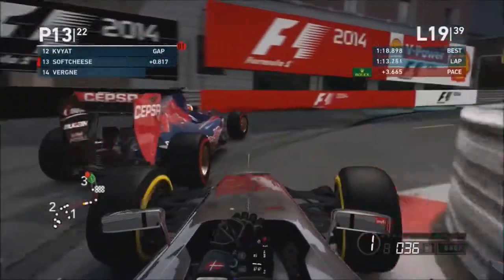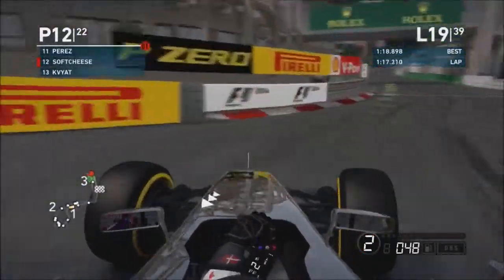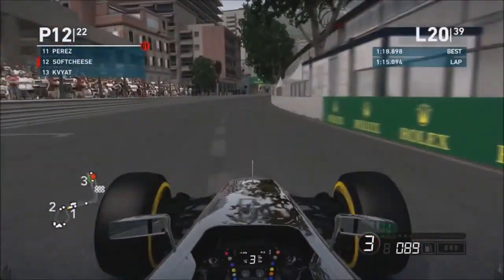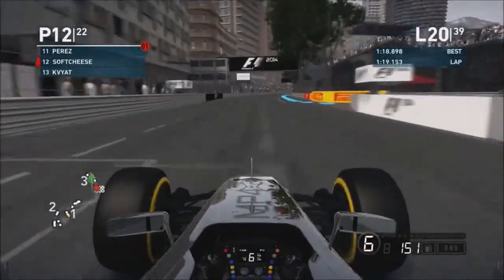So, yeah, this was great. Lap 19, anyway, the end of that. Kvyat going very, very slow, very annoying, heading into the final turn. Just a quick inside maneuver on him to take 12th place. And now the gaining begins. Here we go, lap 20, trying to gain on Perez now. We are coming down this pit straight. We set a pretty good lap, and